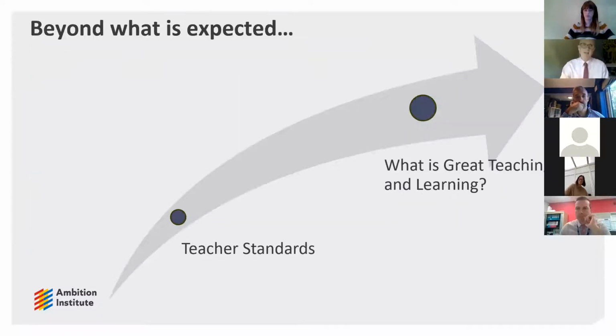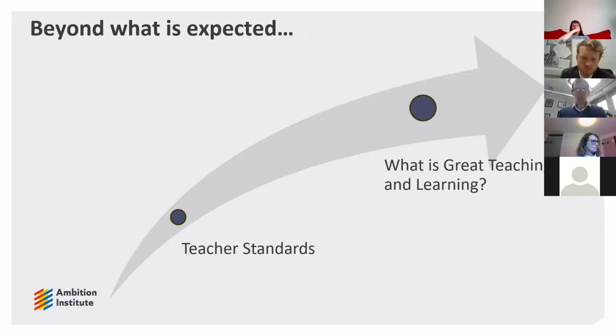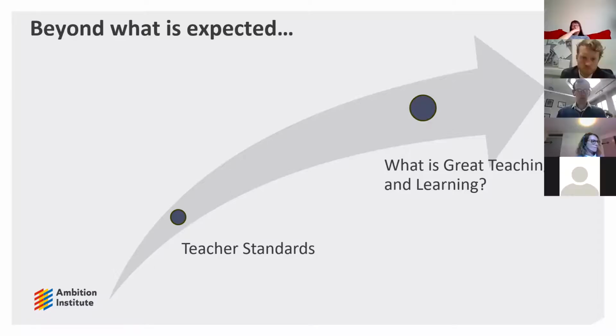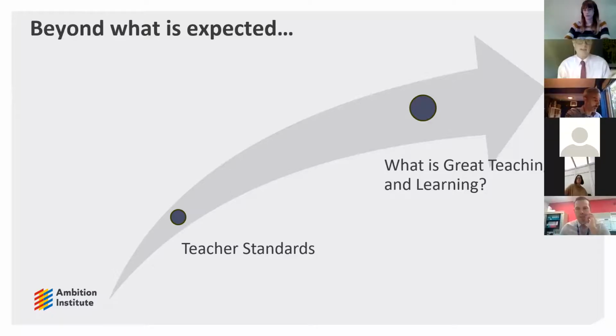So there is a challenge, I think, to move beyond what is expected of me in terms of what's defined within the teacher standards and the association of those standards to the harder metrics of performance management, and start to think about, okay, well, what for us as an academy and as a trust, what does great teaching and learning look like? And how could I start to use that to better understand individual learning and development needs?